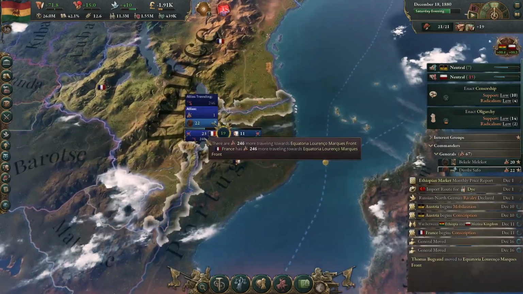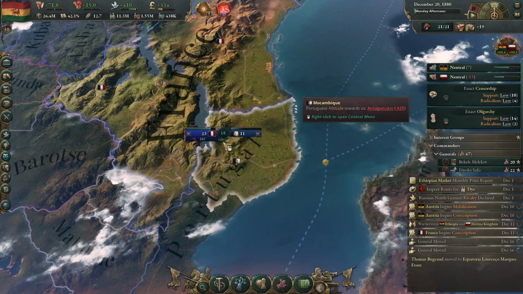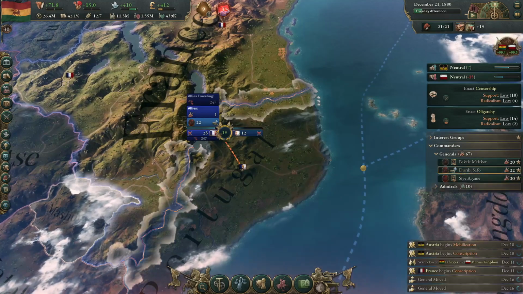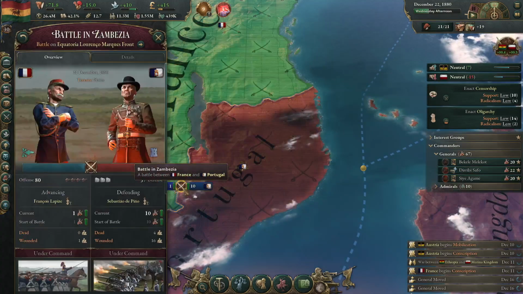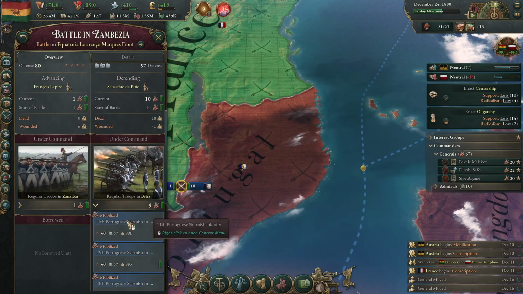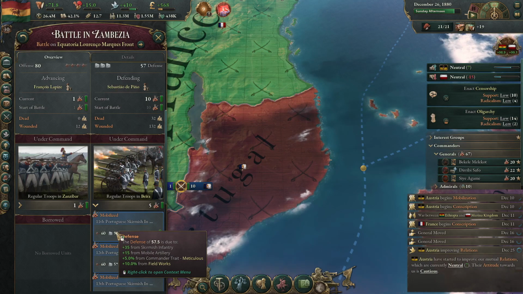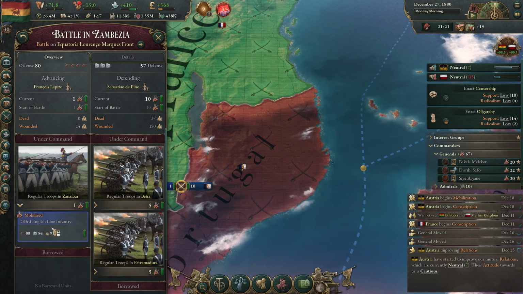Right, so, oh wow, there's 200 battalions coming in here. Okay, there's one battalion from the French attacking. Now, they will be getting some reinforcements, no doubt. And these are pretty good compared to the enemies. What do they have? They've got skirmish infantry, the mobile artillery, and field works. They don't have bad stuff, but the French have...